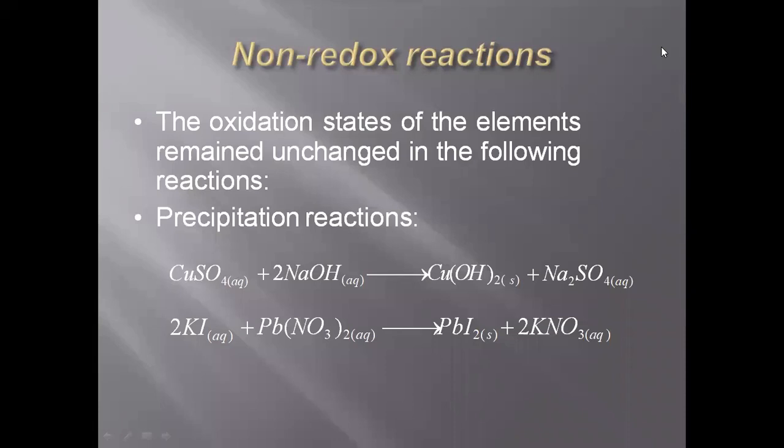Okay, to differentiate without the arrow, because the arrow directly shows it, but sometimes they don't write any arrow, they don't put anything after the reaction. At that time you will consider the state. Aqueous state means when your compound is mixed in a liquid, in dissolved state, that is known as aqueous state. So all three compounds are in aqueous state, but one is in solid, and this solid proves that this product is in precipitate state.